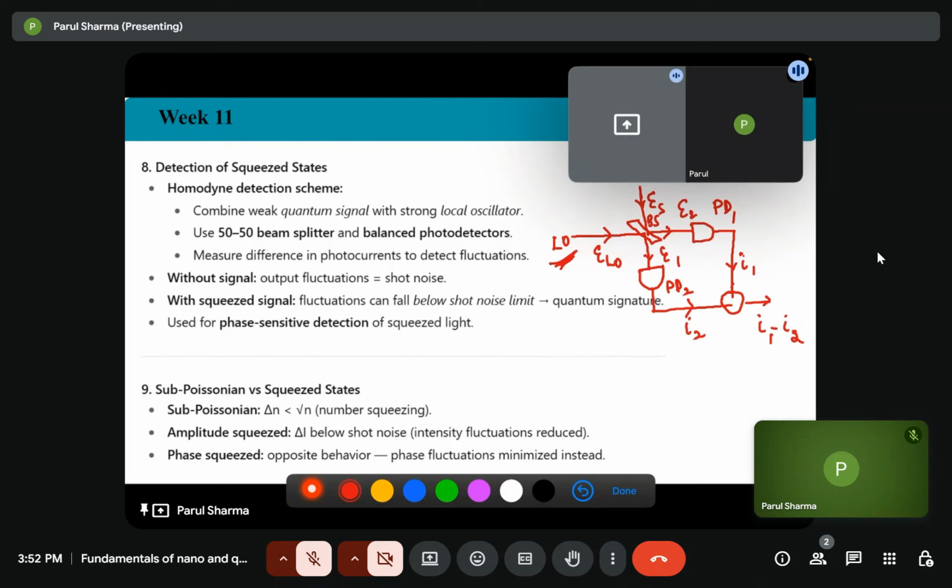So for the case of sub-Poissonian, delta n is lesser than n bar. Amplitude squeeze, that is delta I, is below the shot noise. That's mean intensity fluctuations are reduced, and for the phase squeeze, that is opposite behavior, that is fluctuations in phase are minimized. So schematically we can represent it as